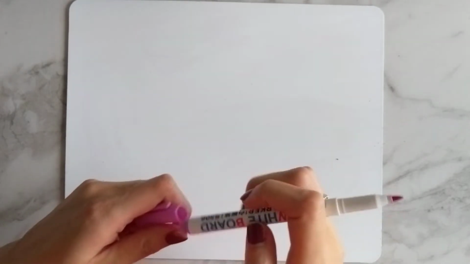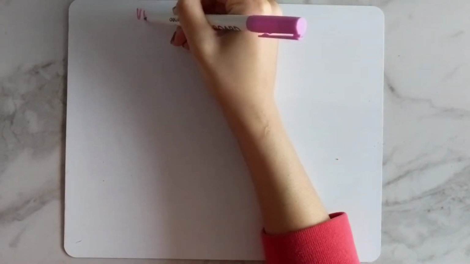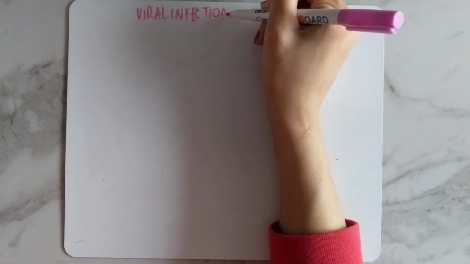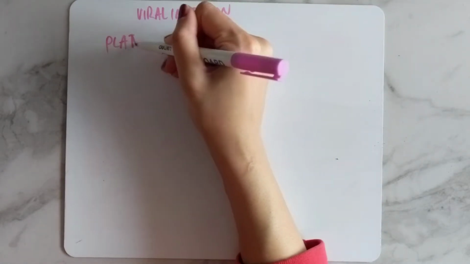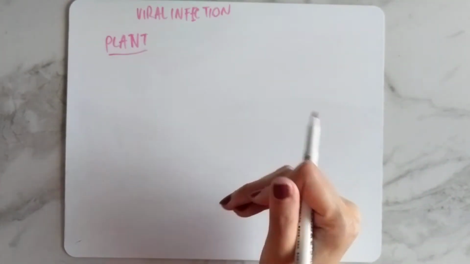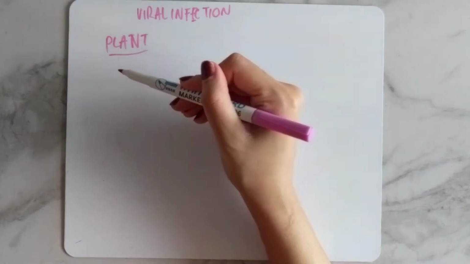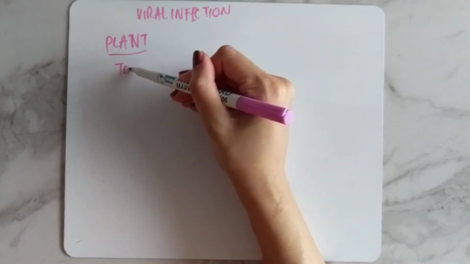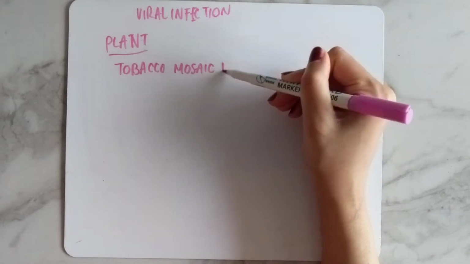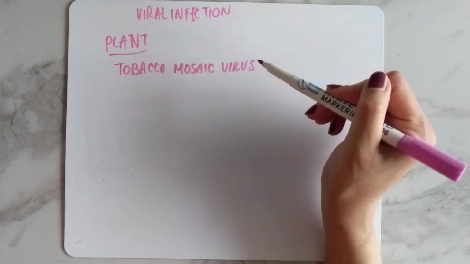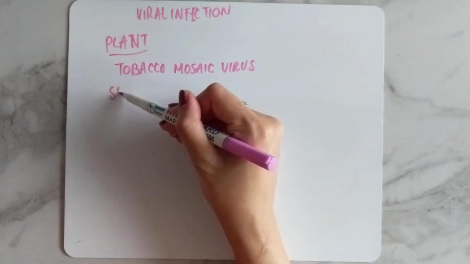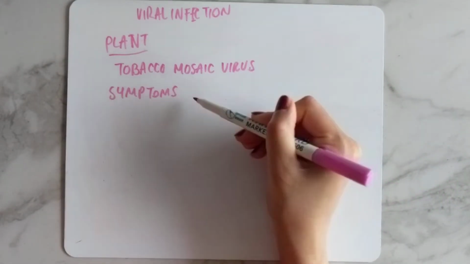Okay, so the next viral infection is a plant virus, because plants also get viral infections and bacterial infections too. So this one is called the tobacco mosaic virus. So this only happens in plants, like I said, and what happens is the symptoms are that you get